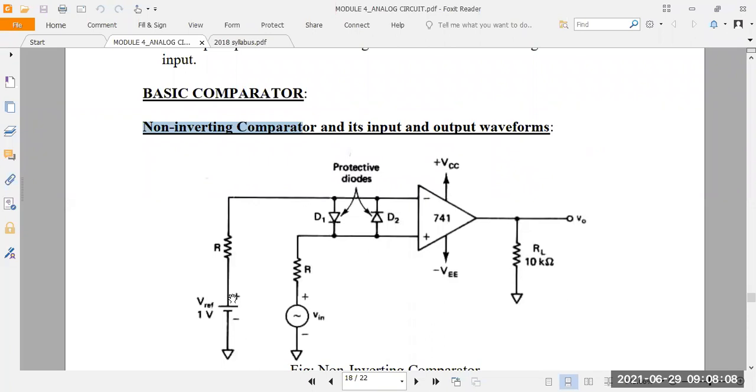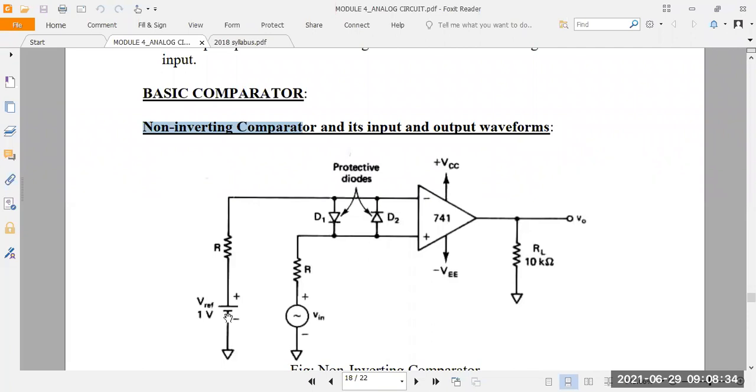If you want you can take 5 voltage also, if you want you can take 10 voltage also, but you have to take a standard value for the op amp here. So you have to understand your requirement. Depending upon the requirement we can set the reference voltage. Here they have taken the reference as 1 voltage. This reference voltage is a DC voltage. Remember this one.